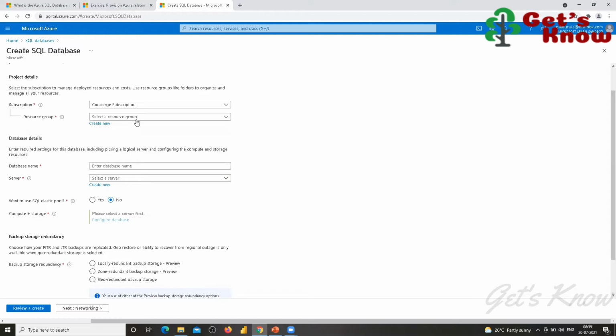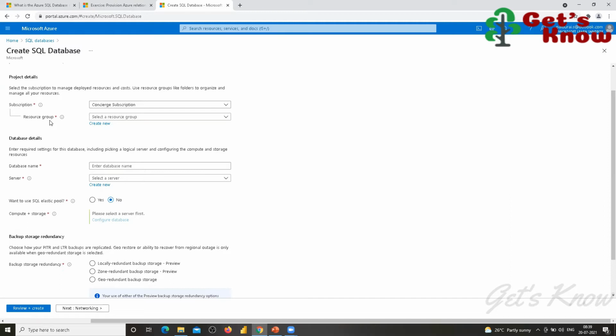And the resource group. This is the important thing. The resource group usually has to be created in the real-time scenario, in the dev environment and the production environment. We create our resource group based on our business scenario. A resource group is simply this: all the services we are going to use in the Azure portal should come under one resource group. This is the common hierarchy order.